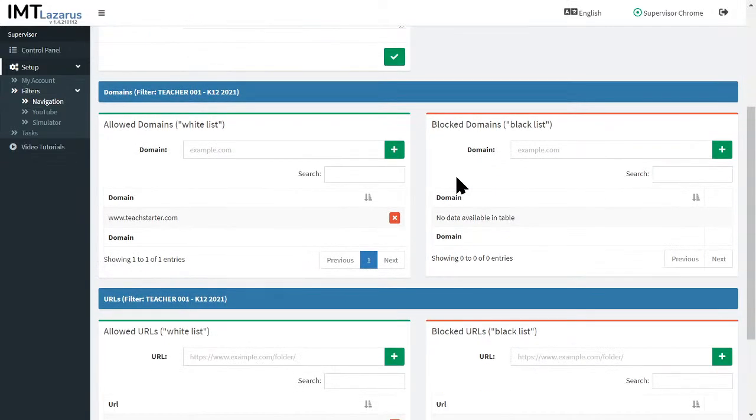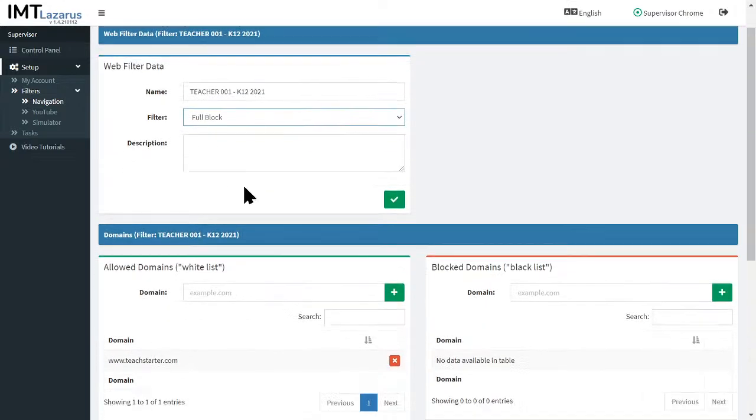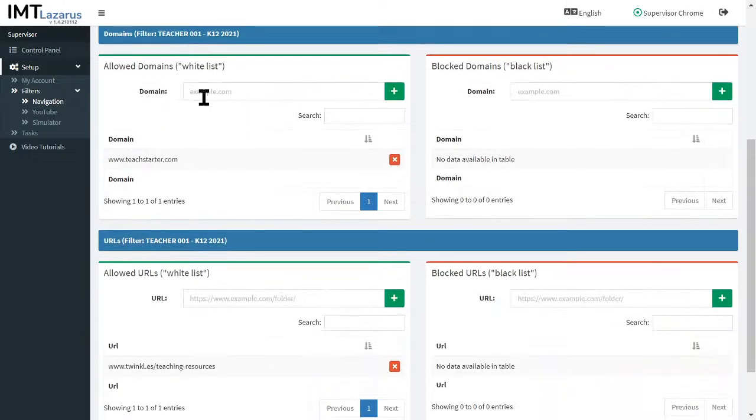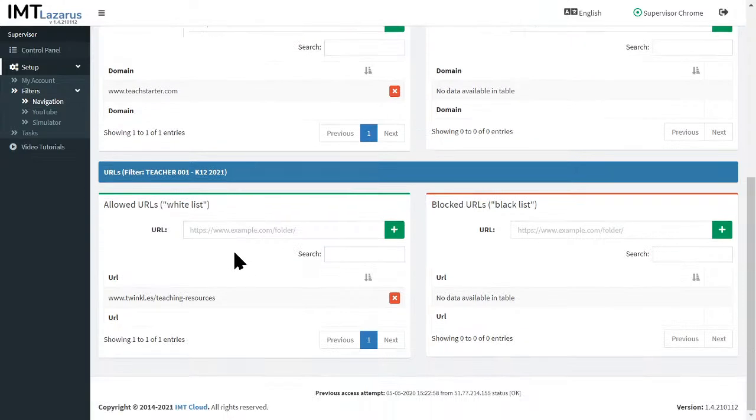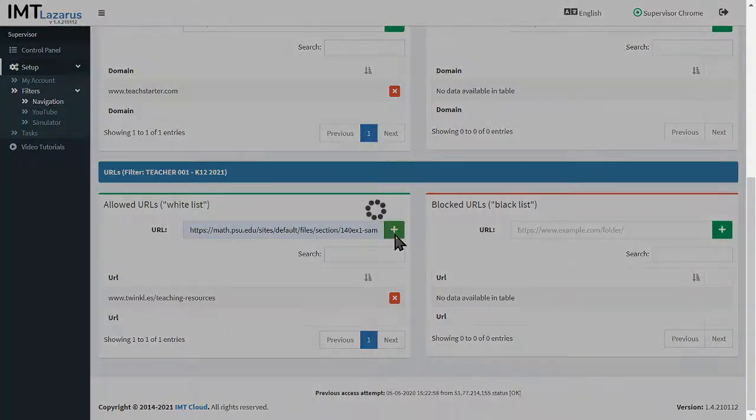In our specific case, you can add a domain to the whitelist as an exception to the full blocking, and you insert a domain, or you can insert a specific website URL, as we have already introduced in here for